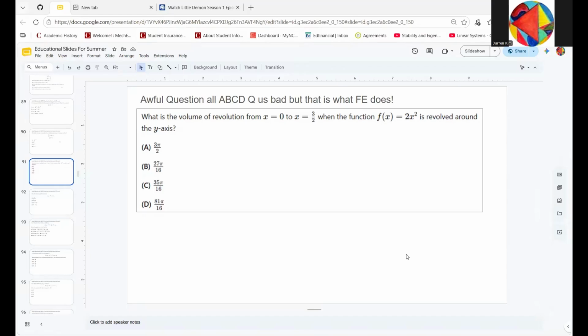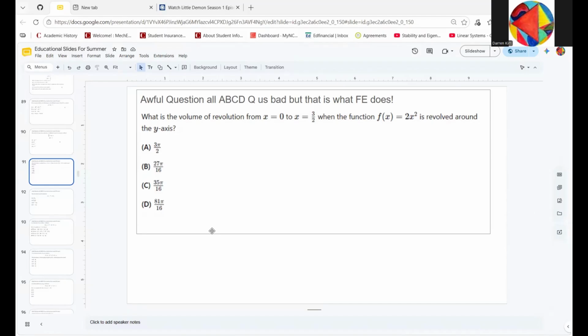Hello. So right now we're going to start over here, where we're going to begin with the revolution and just continue on the equation. As you know, all multiple choice questions are awful, but that's what they do. So we're going to just continue doing it. So here we have what we call this equation over here,